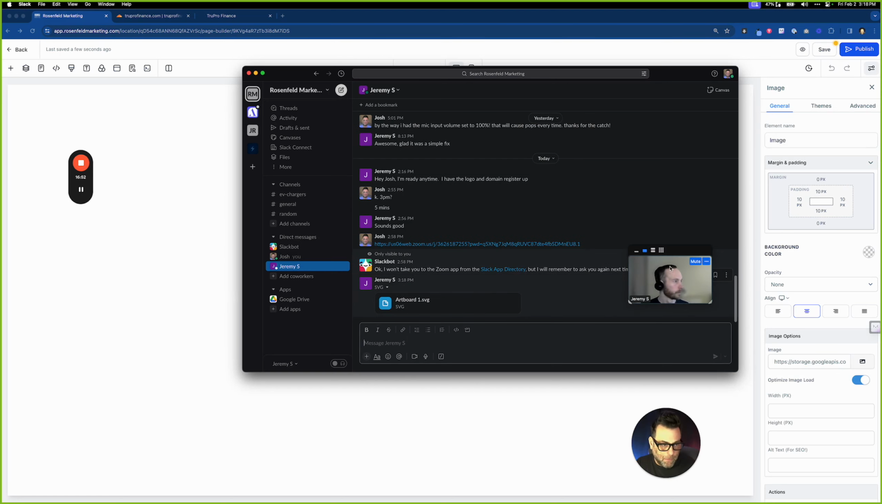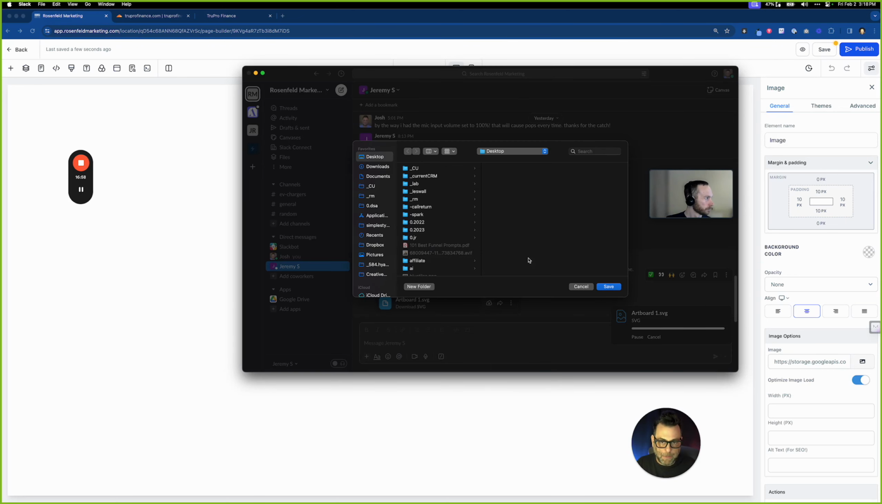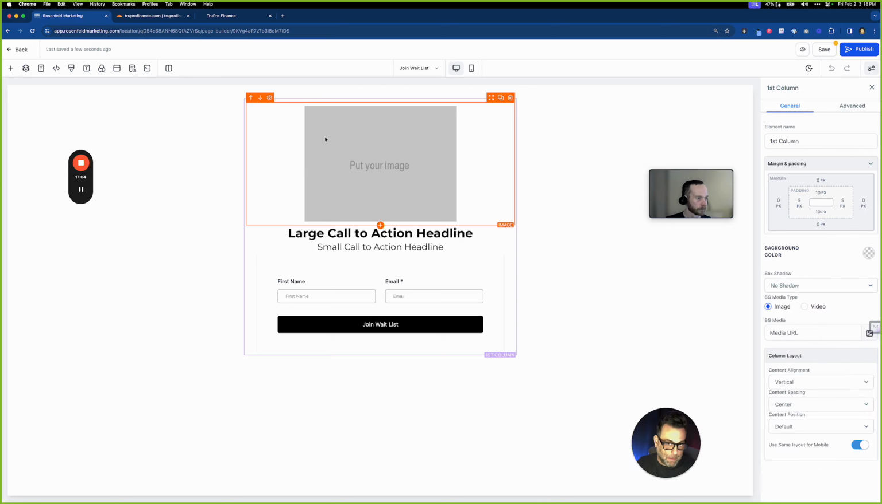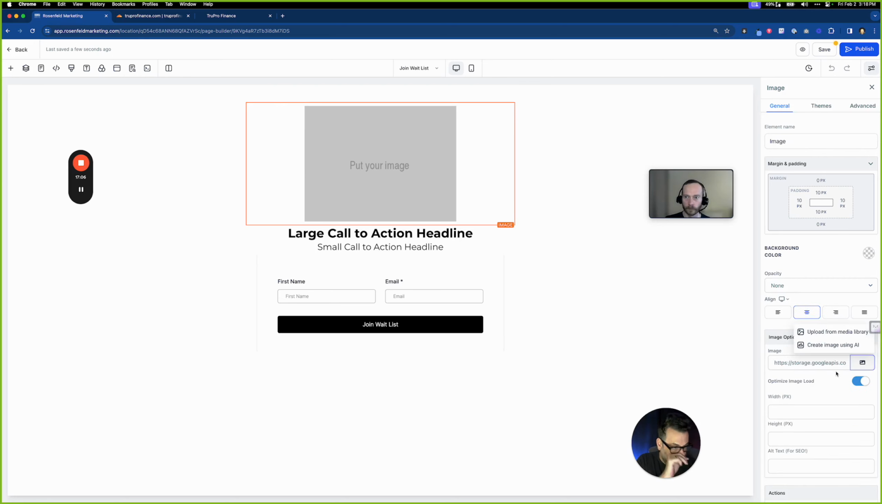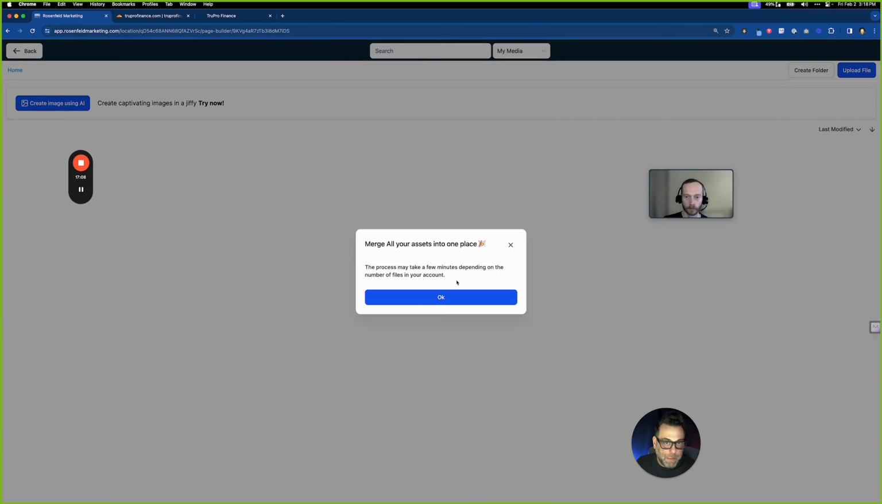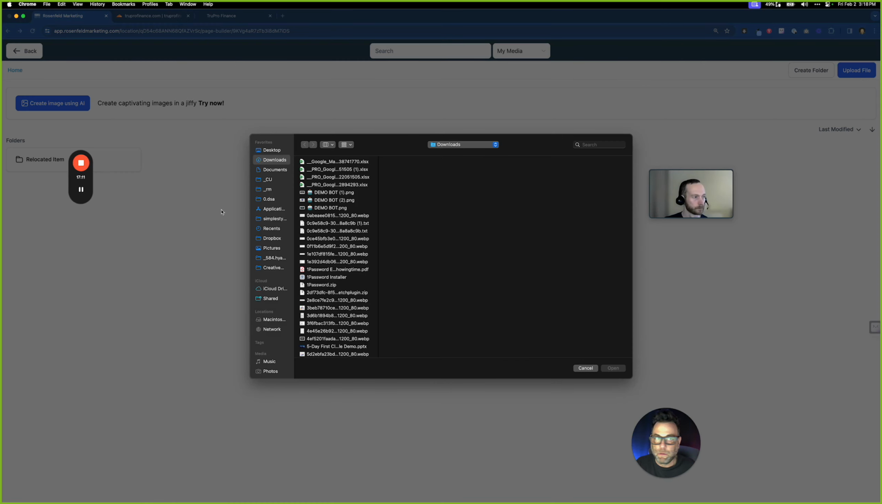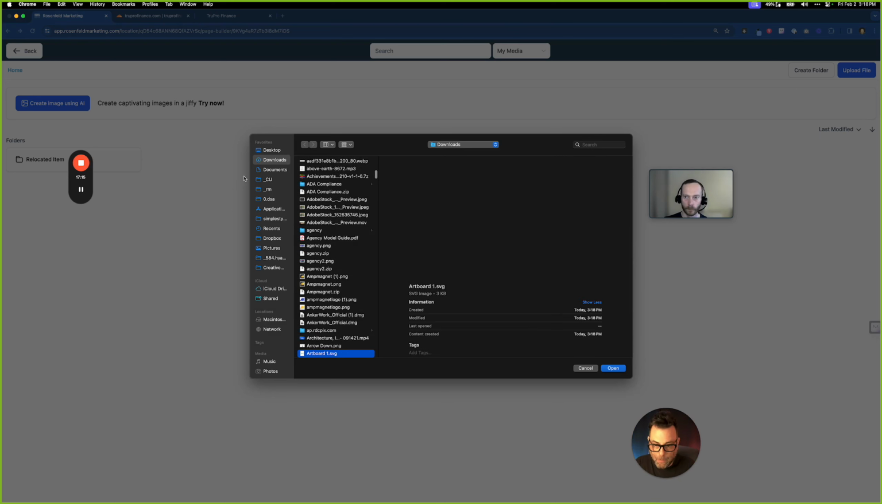Okay, great, there it is. So I'm going to download this image. So I have it. Artboard1.svg. Awesome. And I'll save it to my downloads just because I'll remember that. So if I go back to GoHighLevel, I'm going to click on this image. Image options, I want to upload from the media library. Okay, upload file. It's in the downloads. It's called Artboard1.svg. So if I import that,